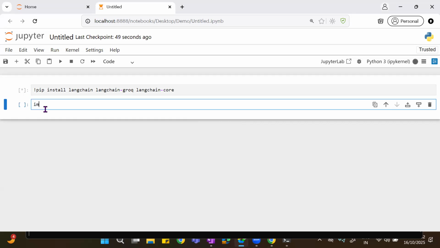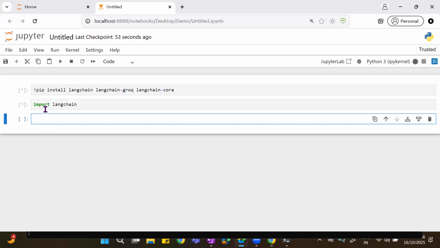Meanwhile, let's import langchain, and from langchain_groq import ChatGroq. Just wait, let it install.